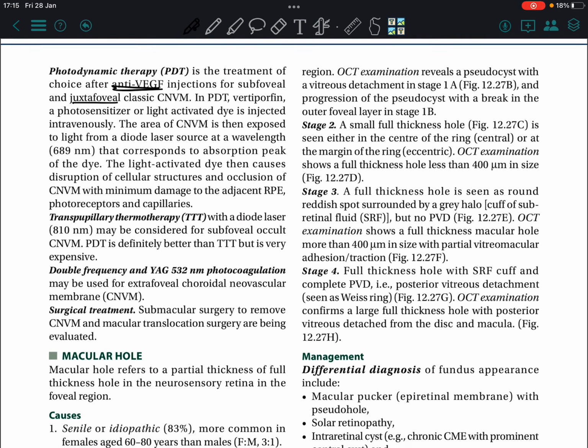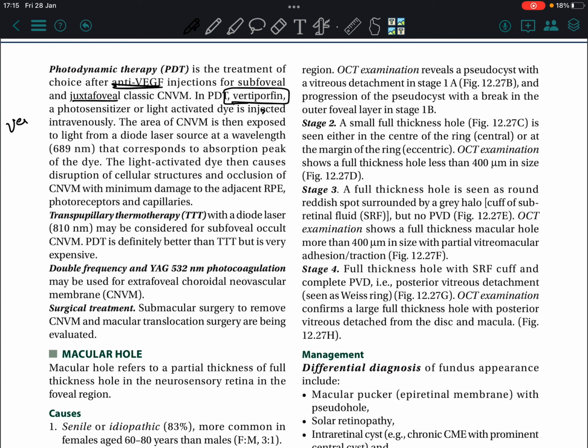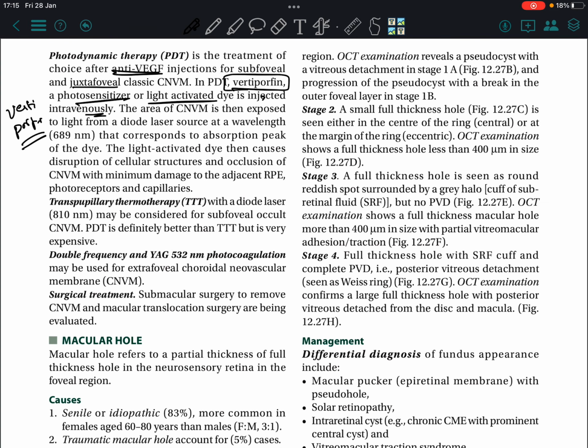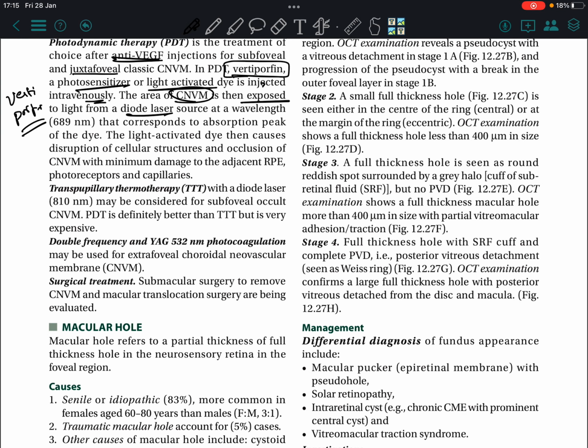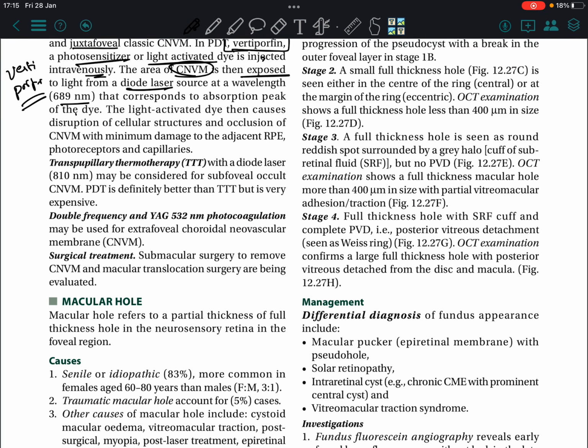In photodynamic therapy, verteporfin, a photosensitive or light-activated dye, is injected intravenously. The area of CNVM is then exposed to light from a diode laser source at a wavelength that corresponds to the absorption peak of the dye. The light-activated dye then causes disruption of cellular structures and occlusion of CNVM, with minimum damage to adjacent RPE, photoreceptors